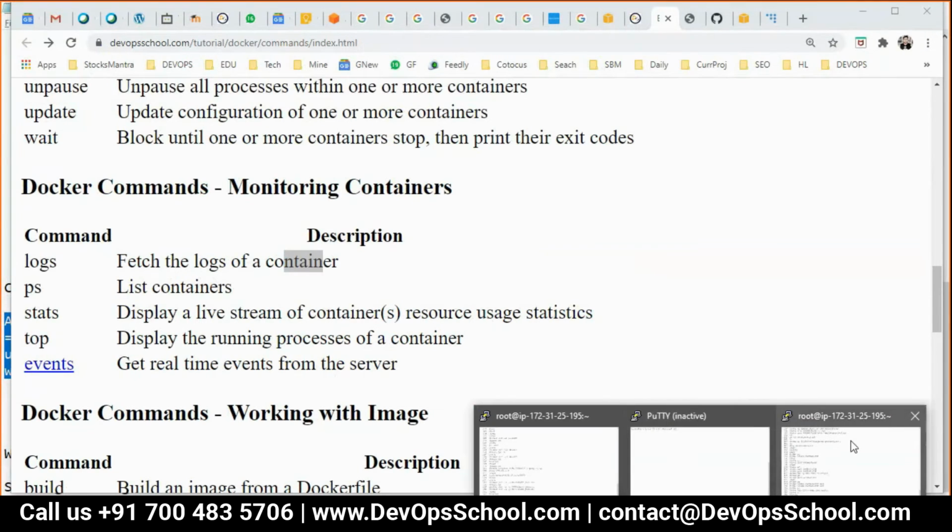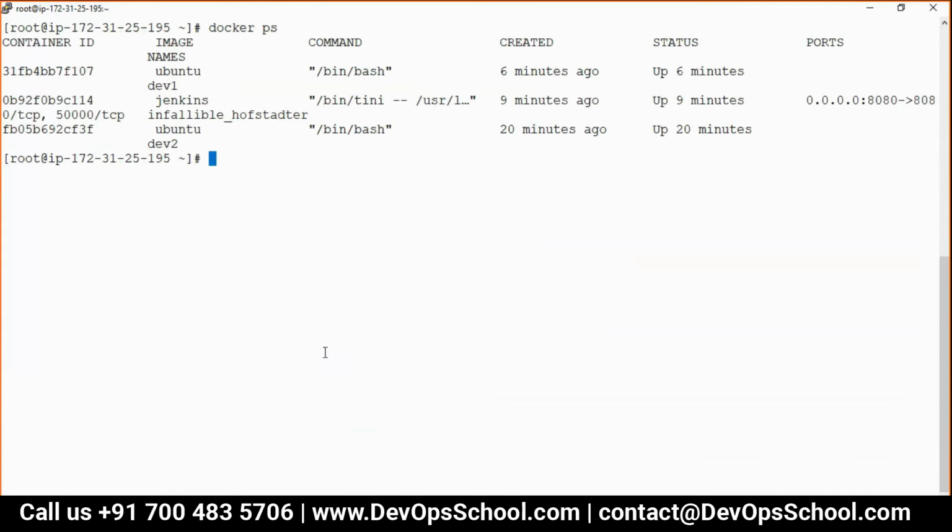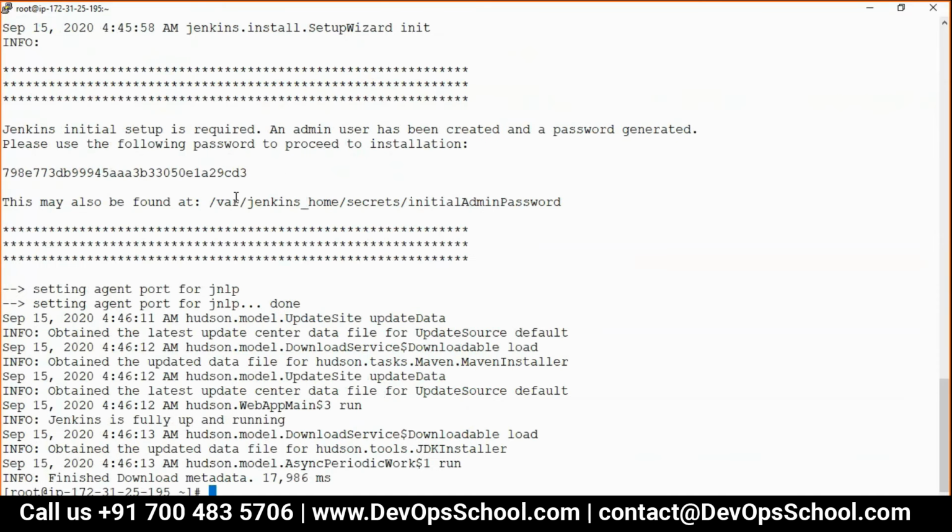Here if you look at docker ps, now if I say docker logs here, nothing is coming. And when I say docker logs for the Jenkins container, something is coming.